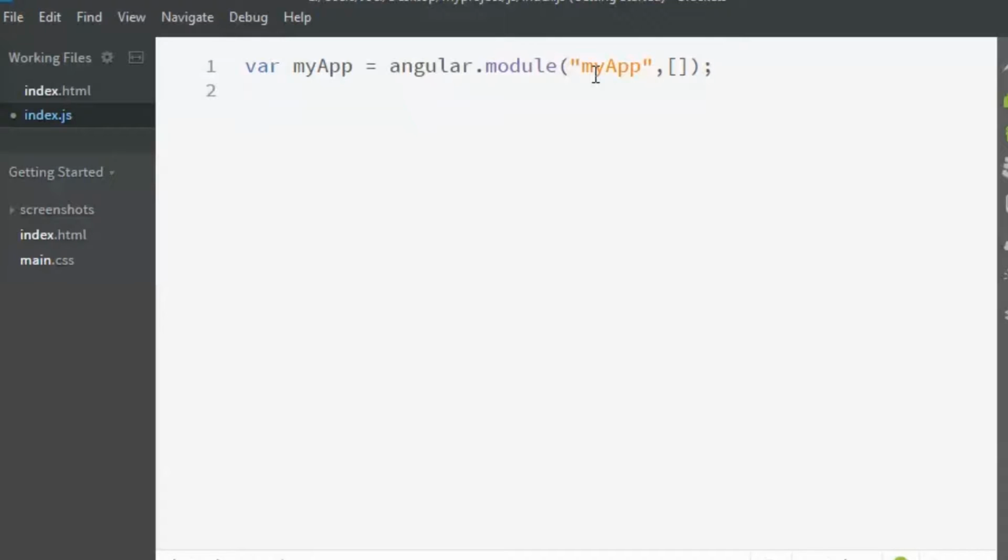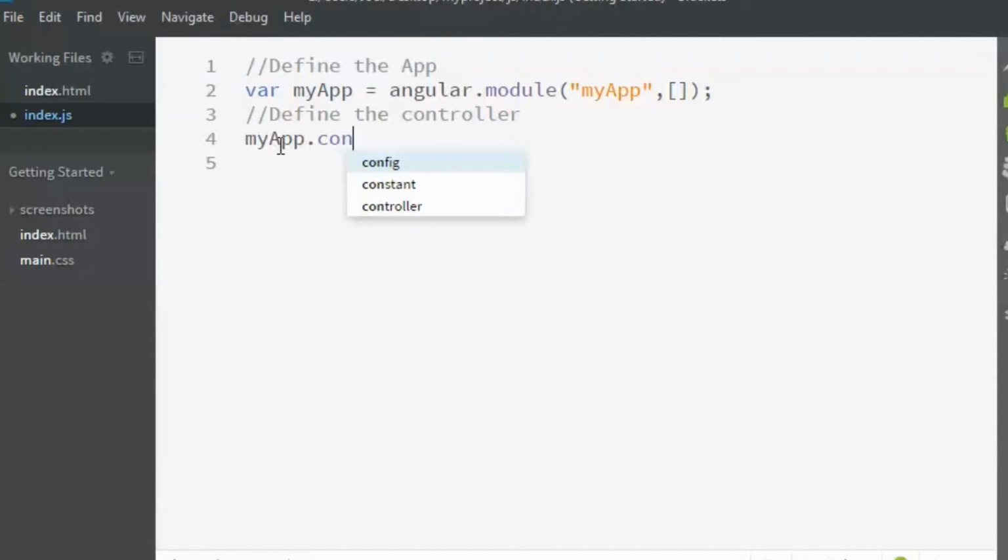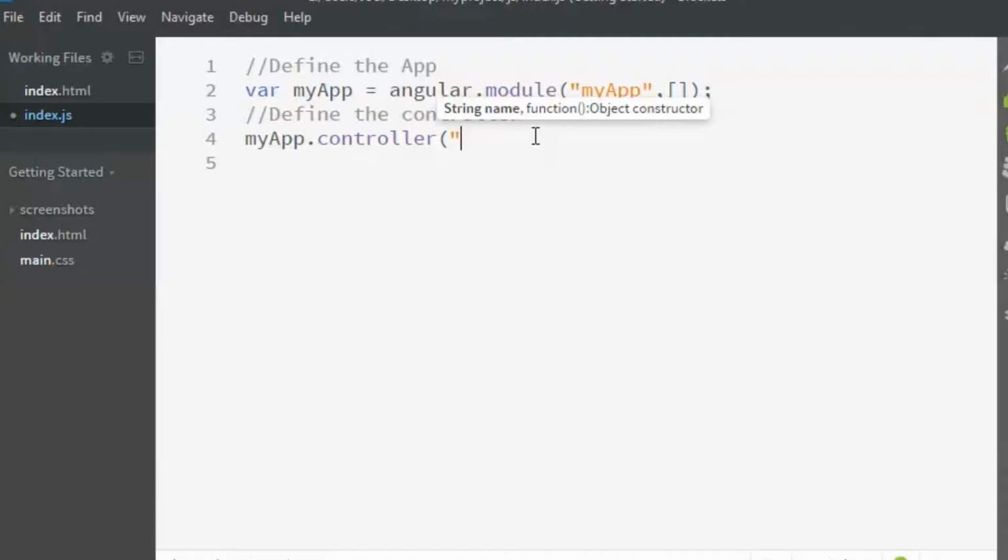Now the next step is to define the controller. So to define the controller, we'll have to copy myApp and type in dot controller. Open the round brace and type in whatever the name is.